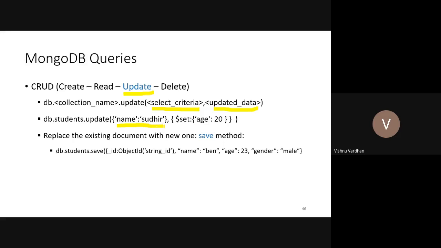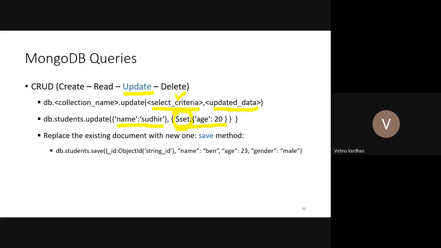Wherever there is a matching name Sudhir in the name column, that particular document field is going to be updated as age is equal to 20. For that we need to use the keyword $set. $set is the keyword for the update operation, and they are separated by a comma.